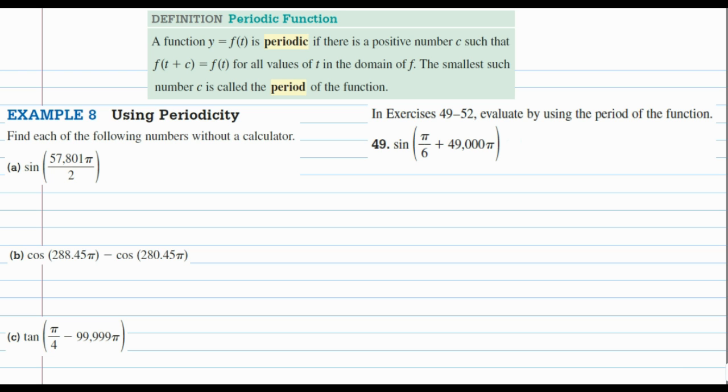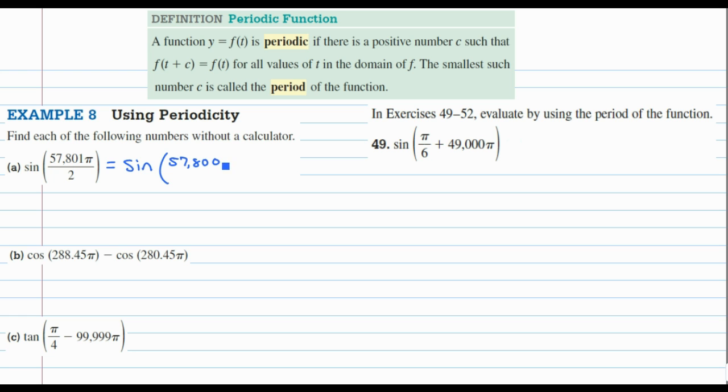Therefore, an angle like 45 degrees, and 360 plus 45 degrees, and 360 plus 360 plus 45 degrees, are all going to have the same trig values because they land in the same place as far as standard position is concerned. So if we look at the sine of 57,801 pi over 2, yes, that's what I'm saying, I'm going to split that up into something that's a little bit easier to understand, a little bit, not a lot. That's going to be